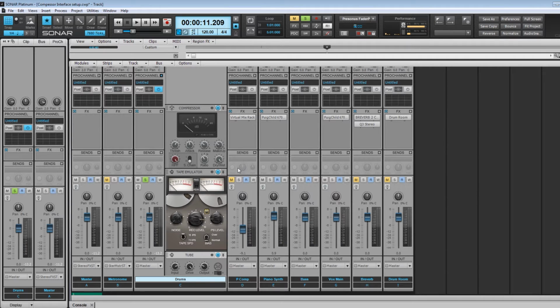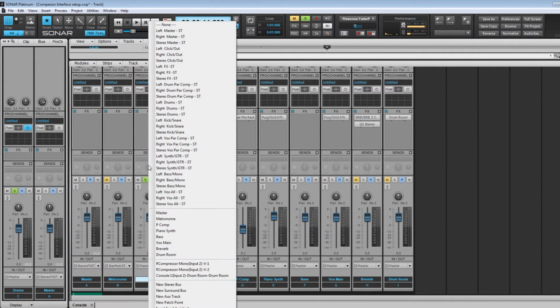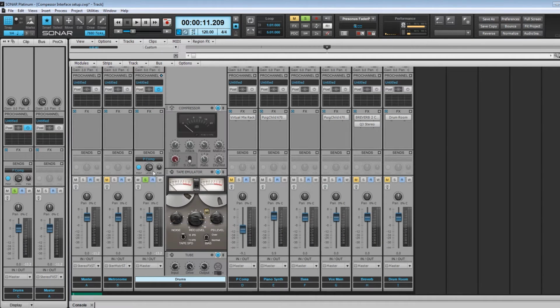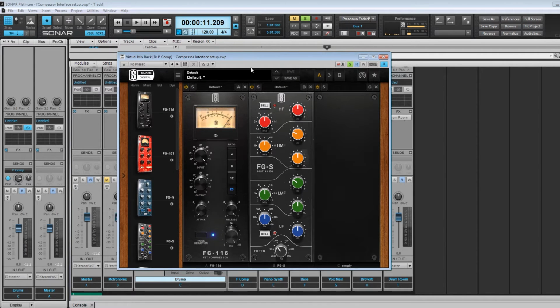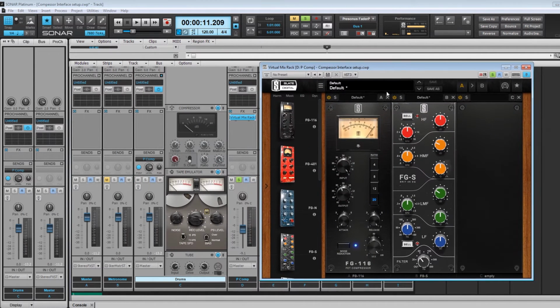Now there's other ways to do it, but I like doing it like this. Just simply coming to here and go P comp, and now I'm sending all of my drums, and it's going to come right over here. So now if I unmute this and I solo this, all of our drums now are going to also be coming through here. So we're going to open up the processing for the parallel compression track,